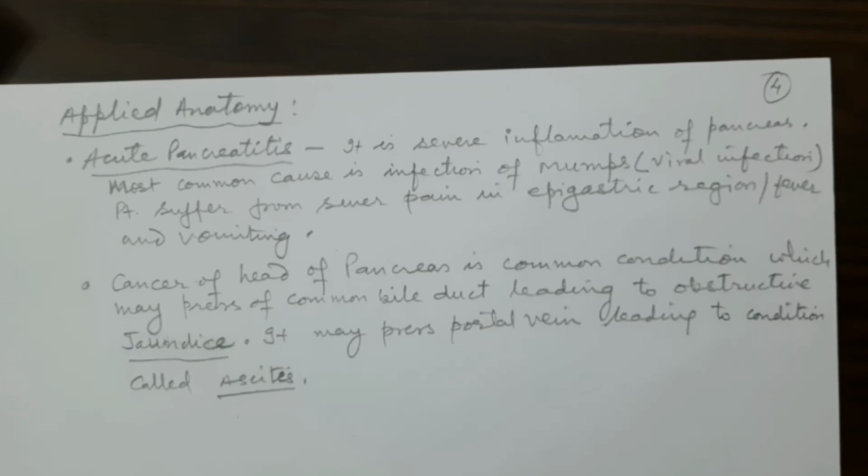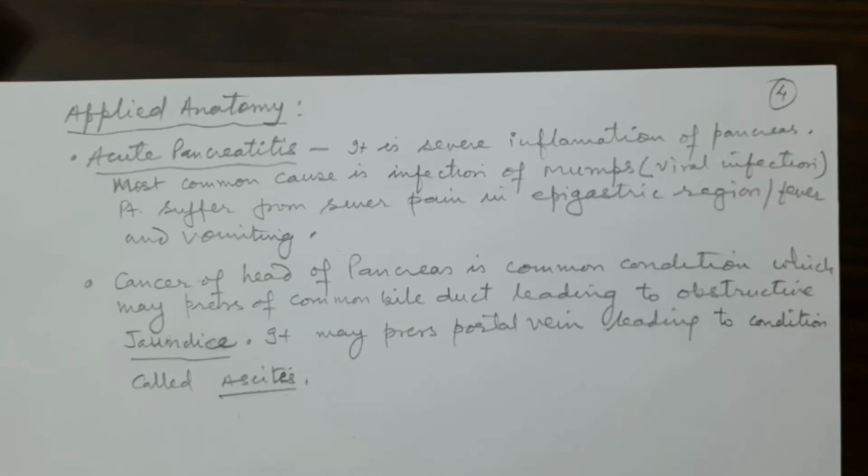It will start collecting within the mesenteries and abdominal intestine. Okay, and because of that, a lot of fluid collection will take place. Serous fluid will collect in the peritoneal cavity, and the abdomen will bulge, because of swelling, because of collection of fluid in the peritoneal cavity. This condition is called ascites. The condition is called ascites, because of the compression onto the portal vein, because of the cancer.